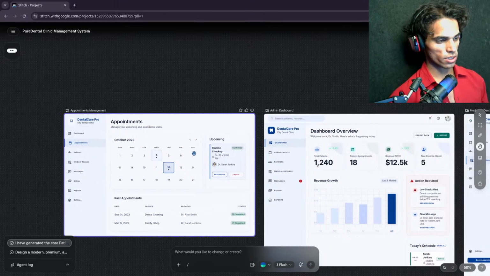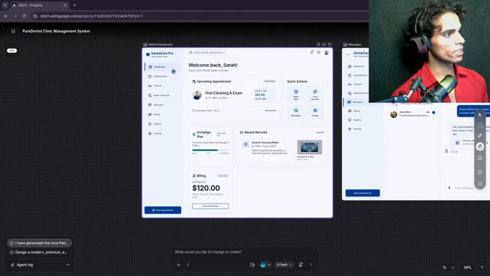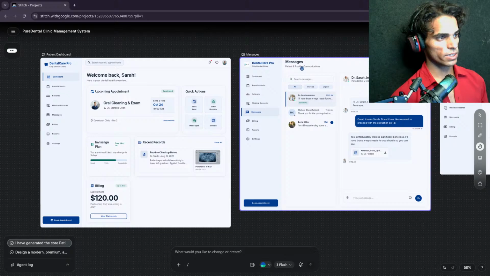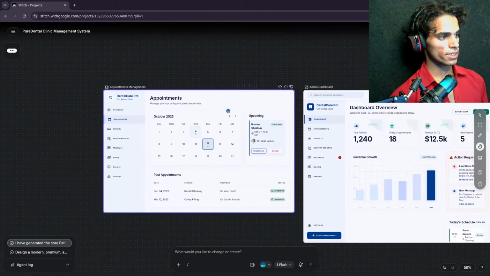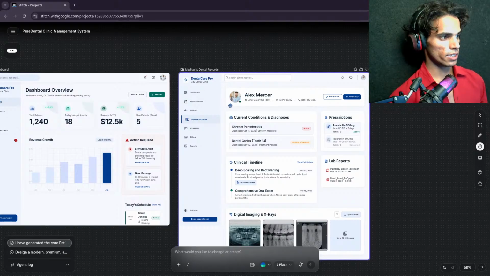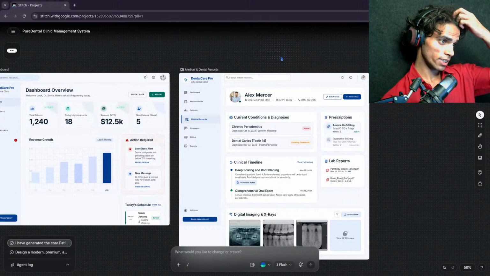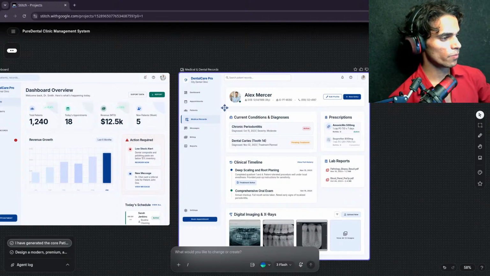This is the admin dashboard, and this is the patient dashboard. This is the patient's messages, and this is the patient's appointment, and it's admin appointment management, admin dashboard, and medical record. This is for patient. No, it's an admin page again.